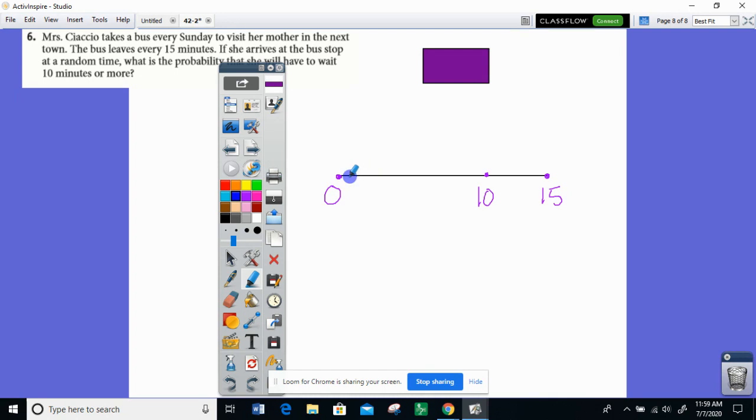So she's going to wait 10 minutes or more if she arrives at some point on this part of the number line. I'm rethinking. Teachers are humans too. I'm rethinking this part of the problem. She will have to wait 10 minutes or more if she arrives here